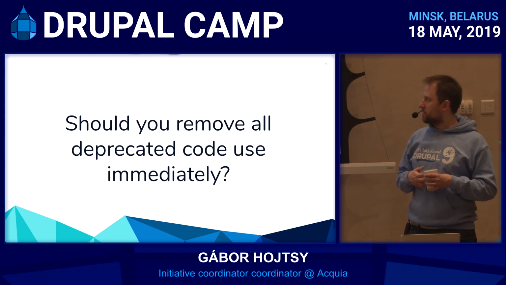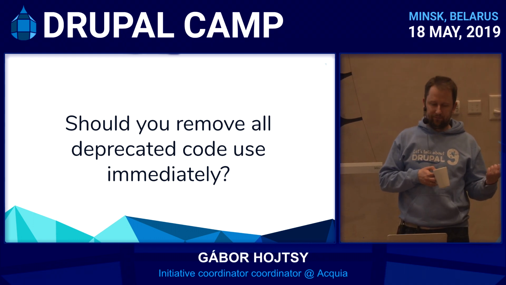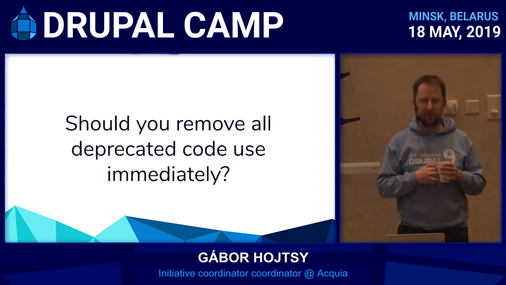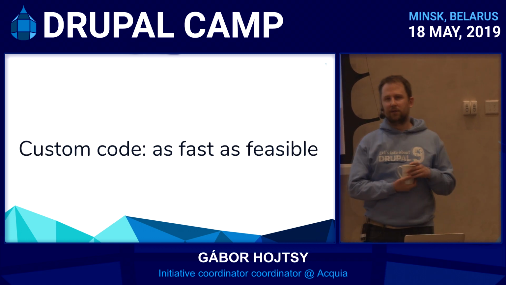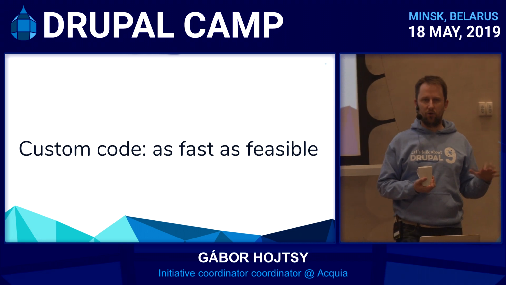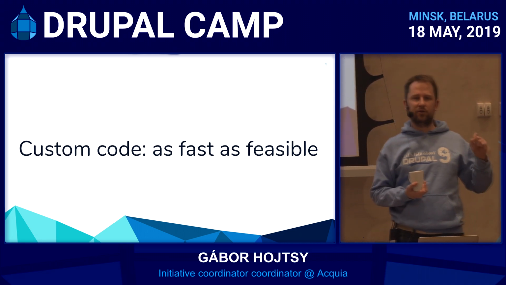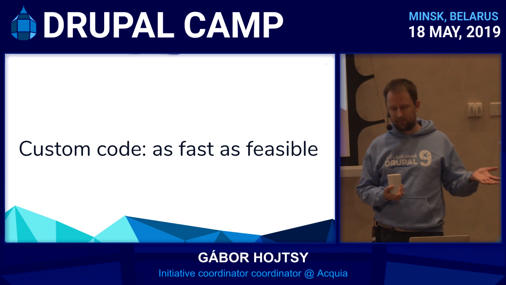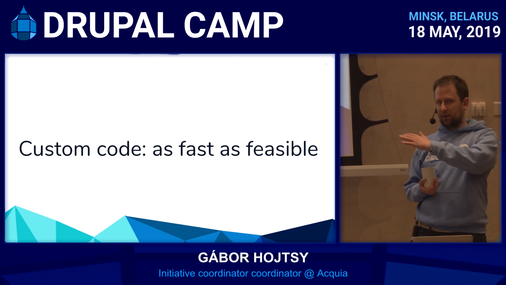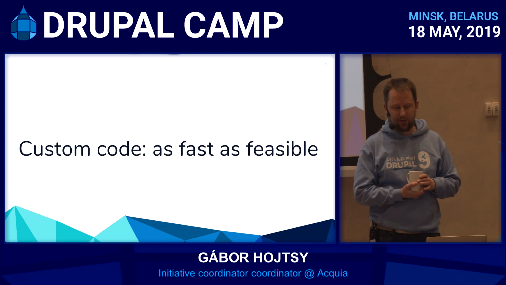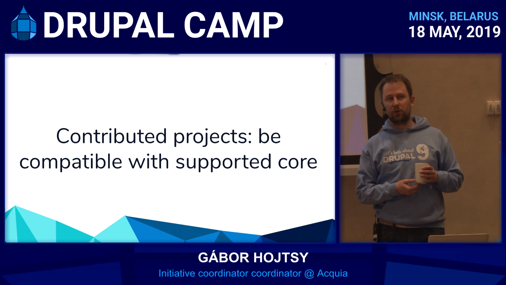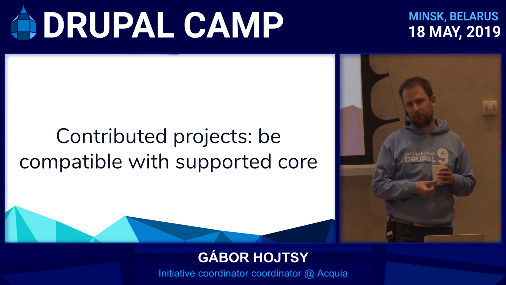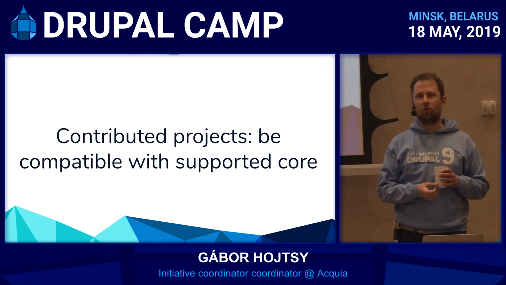All right, so there are some pressing questions. Should you remove all deprecated code immediately? Should you go back home and work on all of this now? If it's custom code, then you are totally fine to remove deprecated code based on your minor version of Drupal core. So if you're using Drupal 8.7, you can remove all the deprecated code that already has replacements in 8.7 in your custom code. For contributed projects on Drupal.org, they will probably not do that because Drupal core versions are supported